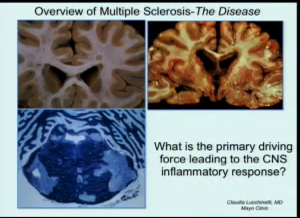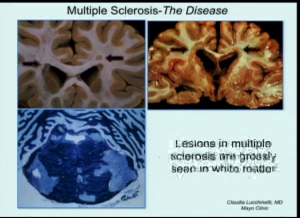Let me begin by presenting an overview of what the disease is for the non-neurologist. So the question is, what is the primary driving force leading to central nervous system inflammatory responses? If you look grossly at tissue from patients who die from MS, one sees lesions here in the periventricular region around the ventricles. Here is the pontine region with a dye called Luxol Fast Blue, which stains for myelin, and one can see these extensive lesions predominantly in the white matter,